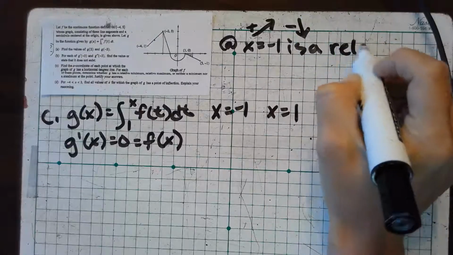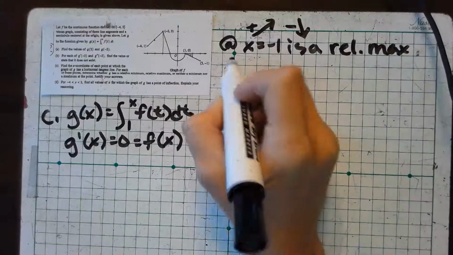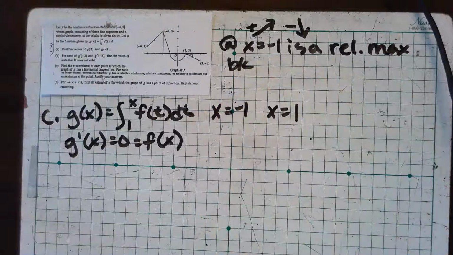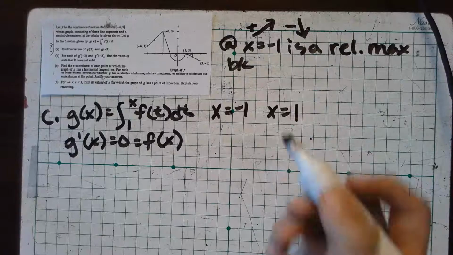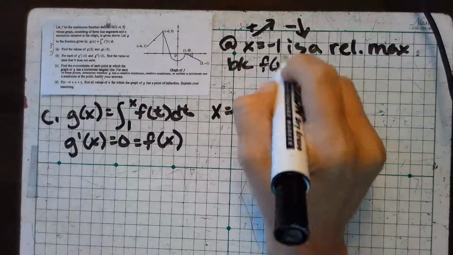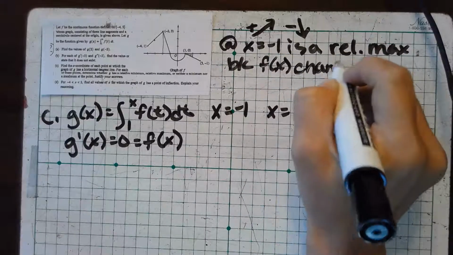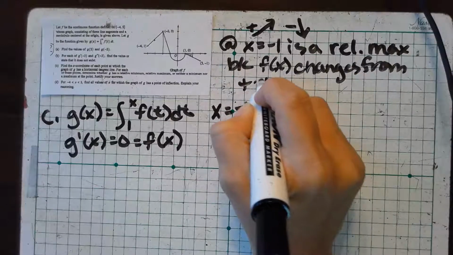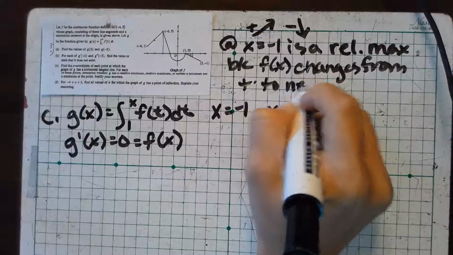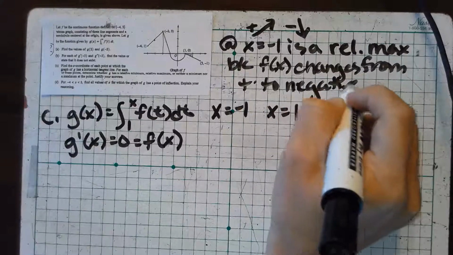So it's a relative max because, now part of my work was this right here. So I can now just say f of x changes